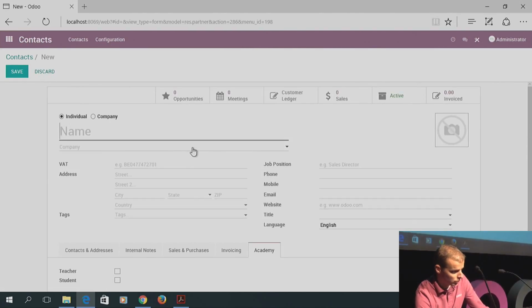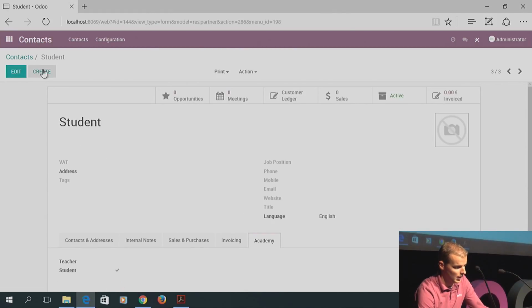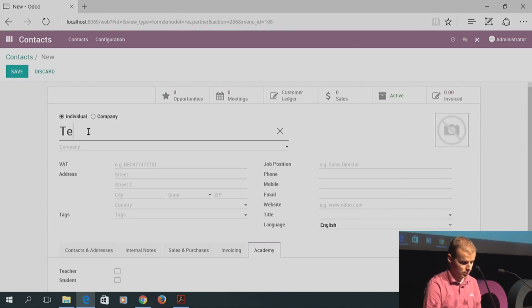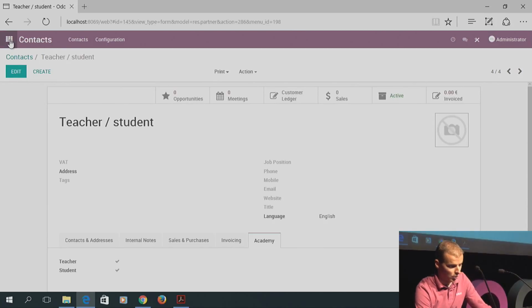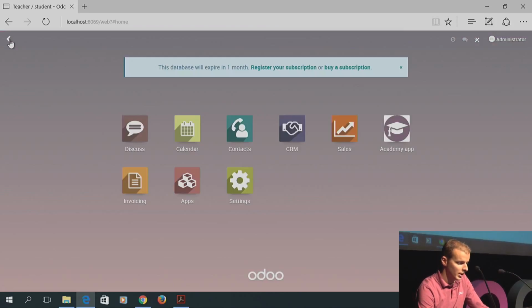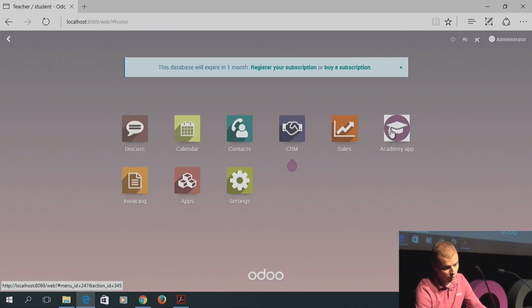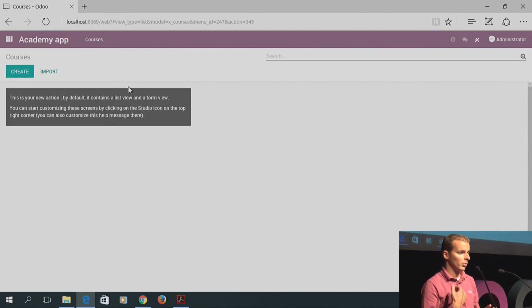I'm just gonna create 3 new records: a teacher, that I will set as a teacher, of course, a student that I set as a student, and let's say a teacher student. So it is a student, but also a teacher. Okay, so I've created some records, and now I can just move to the Odoo Academy to customize my courses